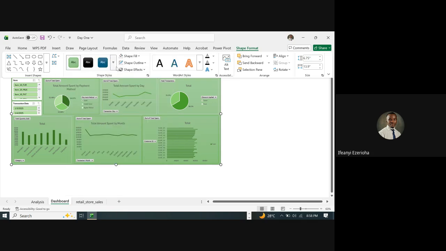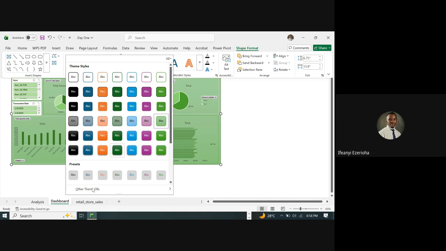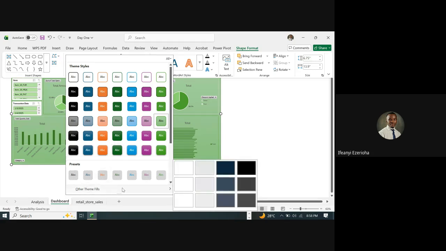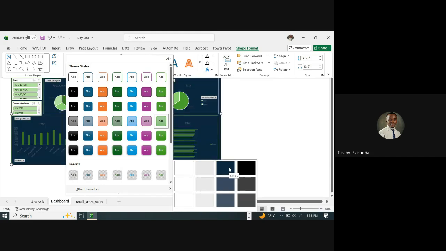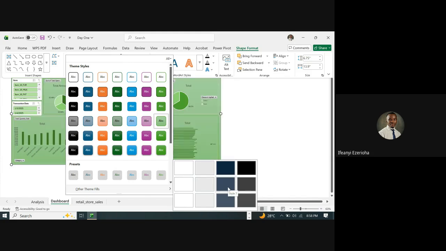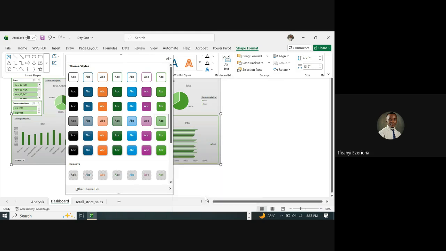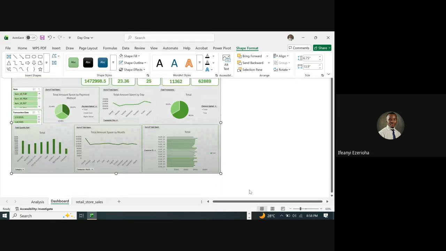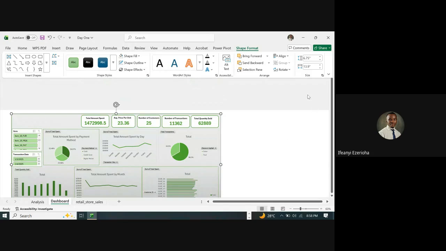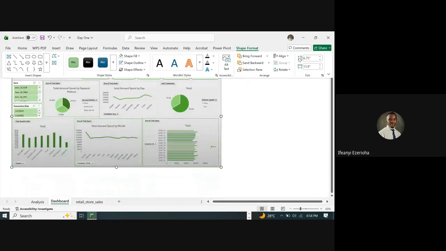So let me see. Let me see how this one looks. So just let me see, for the purpose of this, right? I would want to leave it. No, this is hot. I'm going to leave it as this one first. Right, let me leave it as this one. So, and one thing we can just do